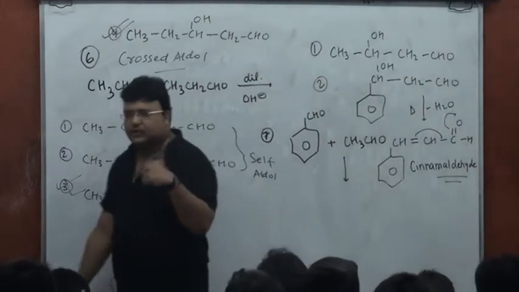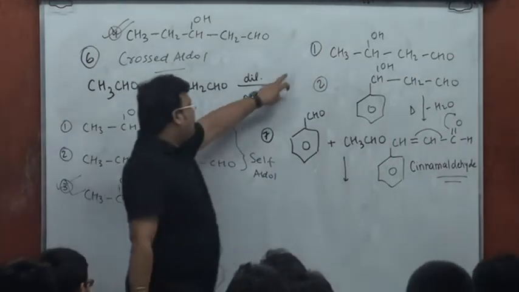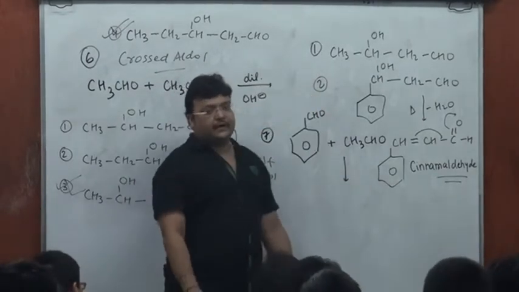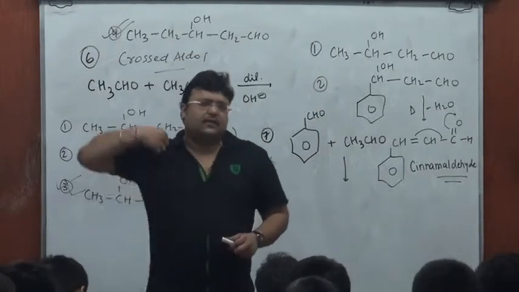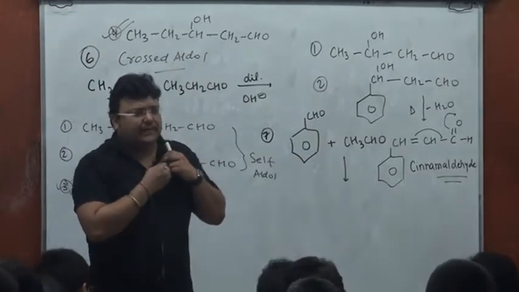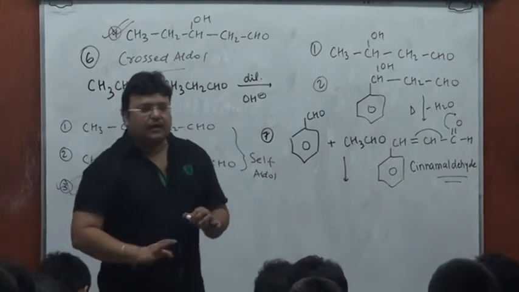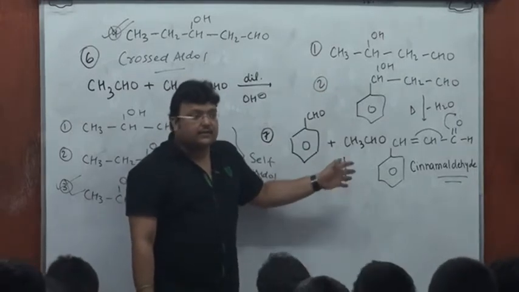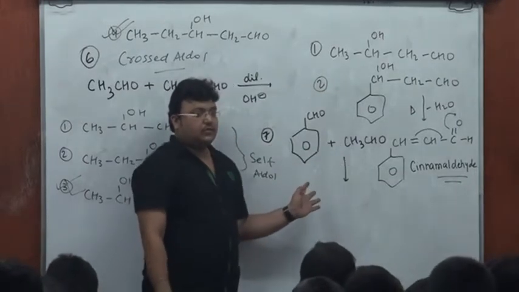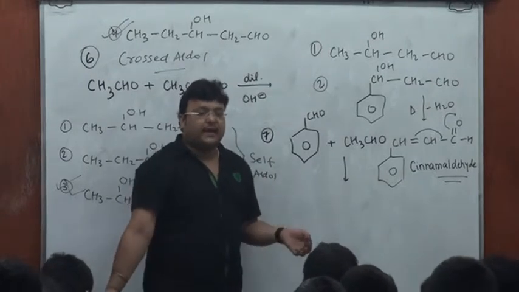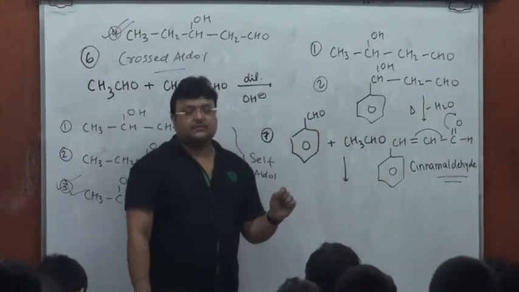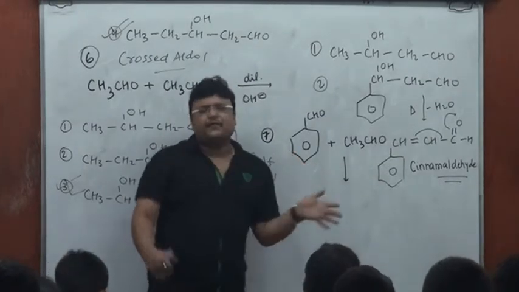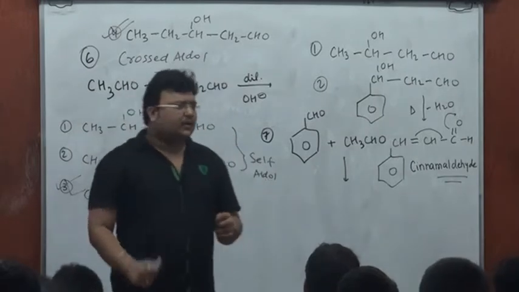Now the crossed aldol, you understand this is the self aldol and this is the crossed aldol. The crossed aldol will get dehydrated to cinnamaldehyde. And yet again, I'm carrying out this reaction not to get crotonaldehyde, not to get the self aldol, but because I want cinnamaldehyde, yes or no? The yield of crossed aldol will be high, and I'll be carrying out these reactions if and when I need the crossed aldol product.